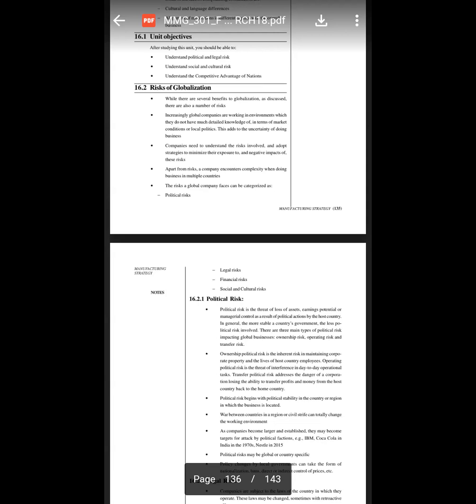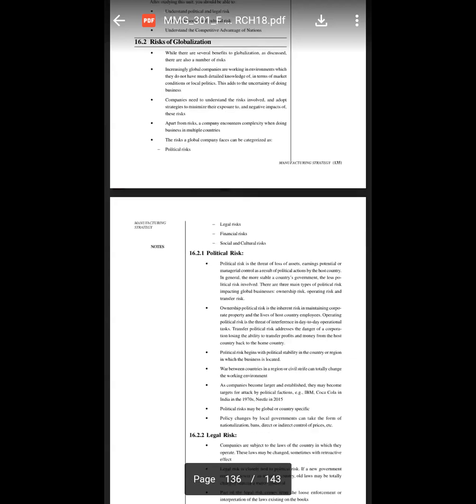apart from risks, companies encounter complexity when doing business in multiple countries. Okay, the risks a global company faces can be categorized as political risks, legal risks, financial risks, and social and cultural risks. So these are the risks which global companies face. These are the biggest risks which we are facing. Okay, now political risks. Definitely, political risk is the biggest risk for us